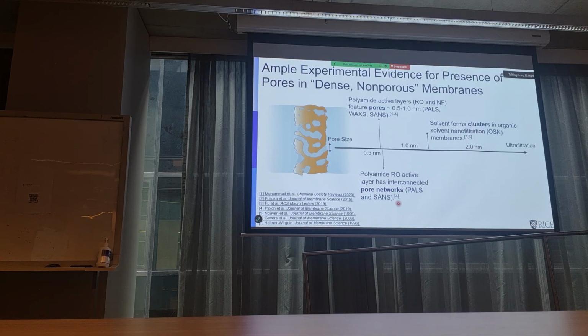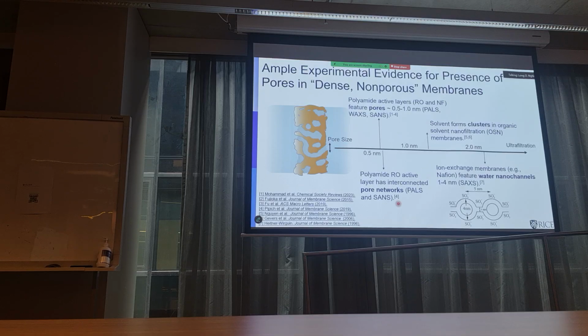Then they found that in organic solvent nanofiltration, experimentally there are a lot of clusters inside the membrane. So the solvent is clustered, it's not just single molecules. And lastly, for ion exchange membranes, like Nafion, they found a lot of large nanochannels, again by SAXS, between 1 and 4 nanometers. So again, there is ample evidence that membranes are porous,